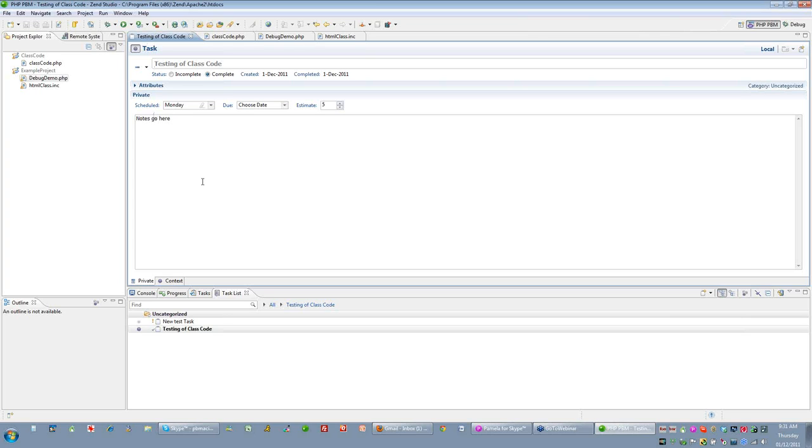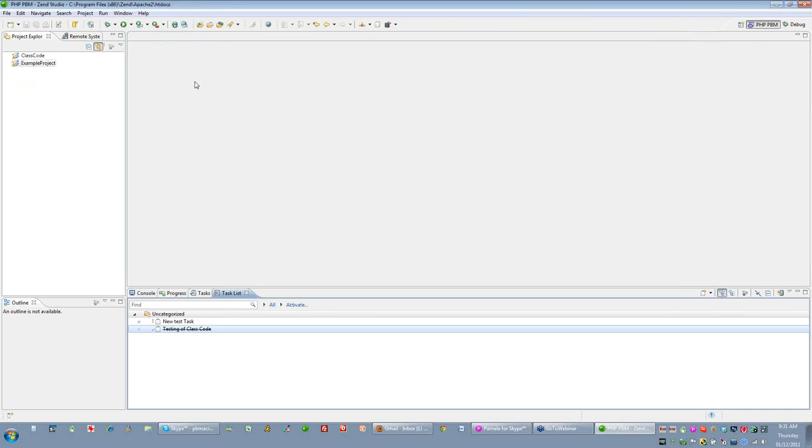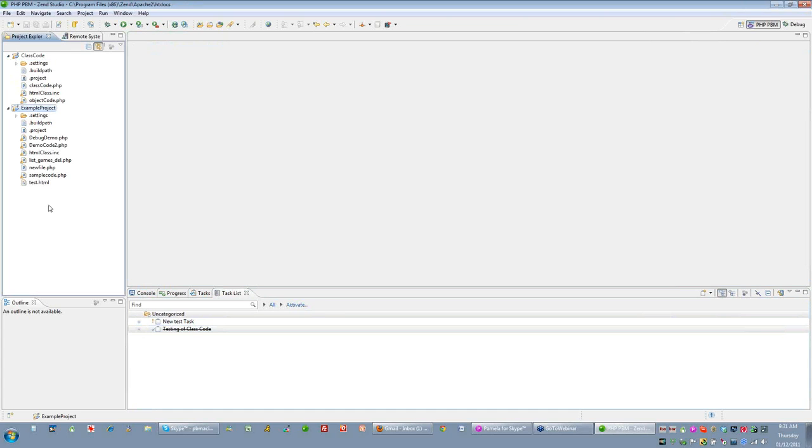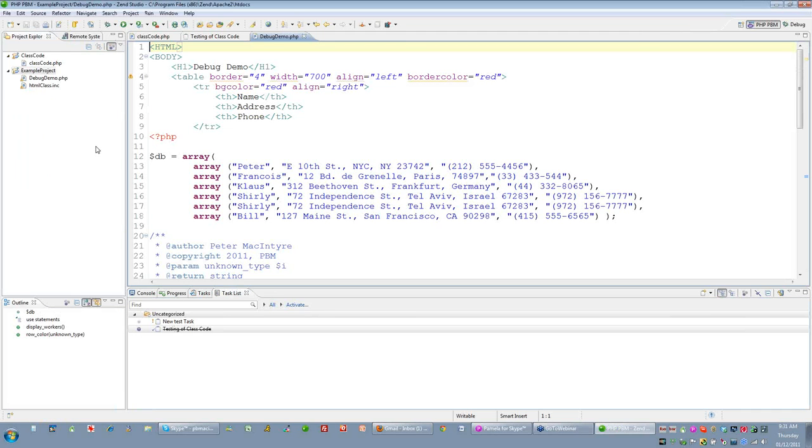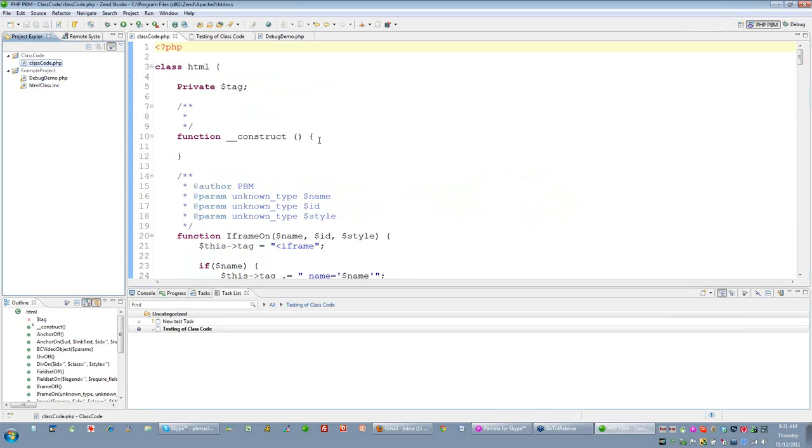One other thing is, if you noticed, while I'm working on this particular task, all my other files are gone from the project list. And by gone, I just mean not showing on the list. So now I've inactivated that task. My project shows up again. All my files are here. If I reactivate the task, the project list is reduced again to that list of anything that was in the